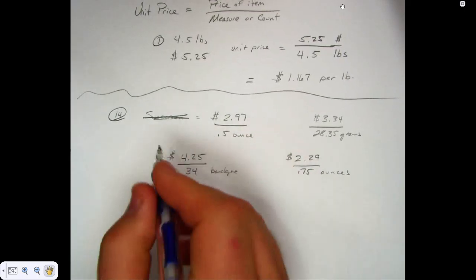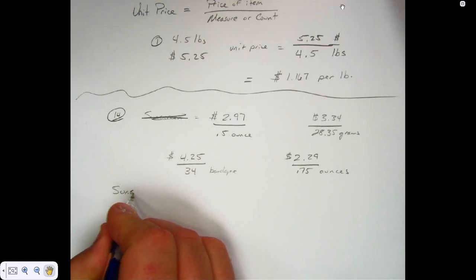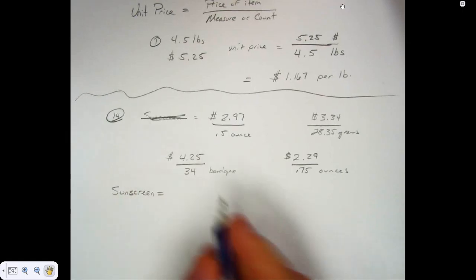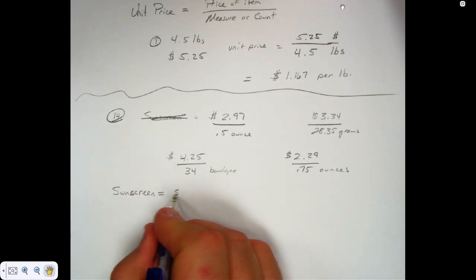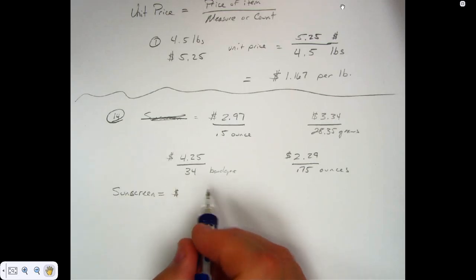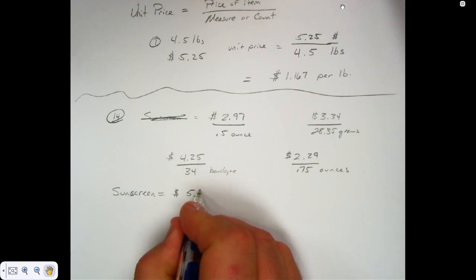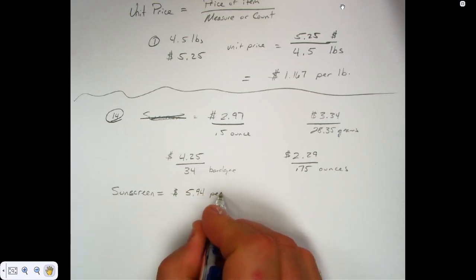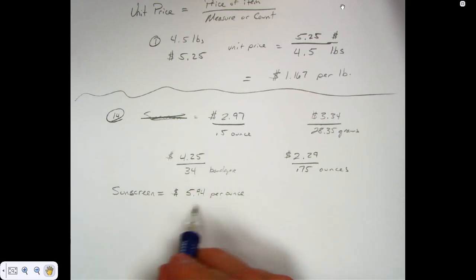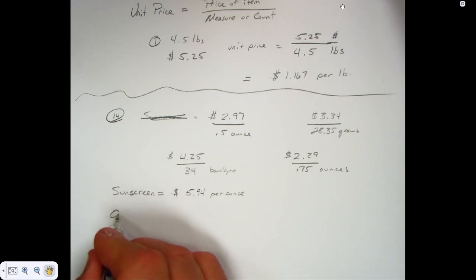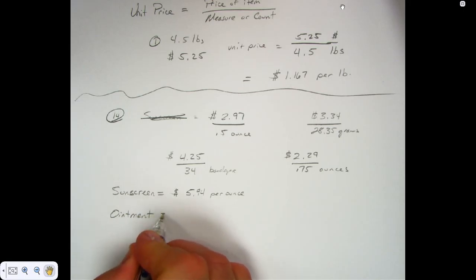Okay, this one. Sunscreen equals what? What's 2.97 divided by 0.5? 5.94. 5.94 per ounce. These units are important. The next thing was the ointment, we'll call it. I don't feel bad that I'm not the best at spelling ointment. Need to make sure I spelled that. Ointment